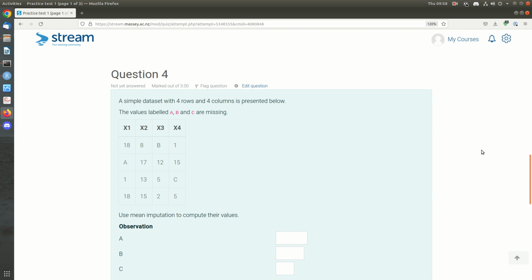Hey, so from the practice test, we have this question here about mean imputation. The idea when writing this is that you could do it by hand, obviously, to impute the A here. You would just use the mean of these other entries, so it's just the mean of 18, 18 and 1. 18, 18 and 1 is 37 divided by 3, which would be 12 and a third, so that would be the answer. But we could also do this in R,